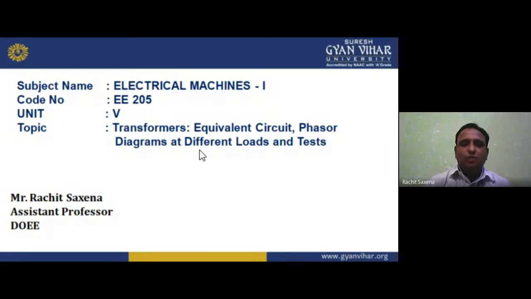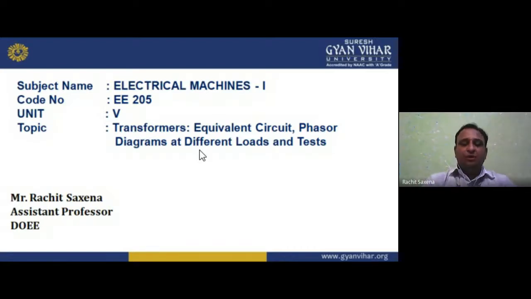So the generator works on the principle of Fleming's right hand rule, in which motion of the conductor in a magnetic field induces EMF. If I'm rotating the armature, it rotates in the clockwise direction. In the motor, the rotation of the conductor in a magnetic field rotates anti-clockwise. So the generator works like this, the motor works like this. Fleming's right hand rule for the generator, and Fleming's left hand rule for the motor, for the directions we can see.